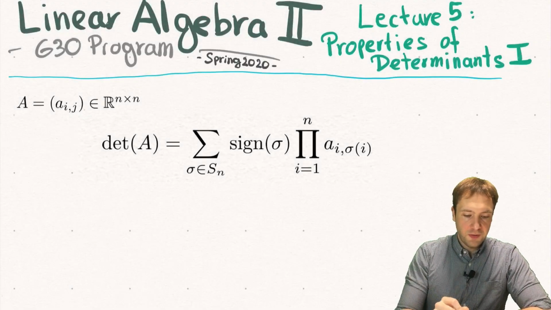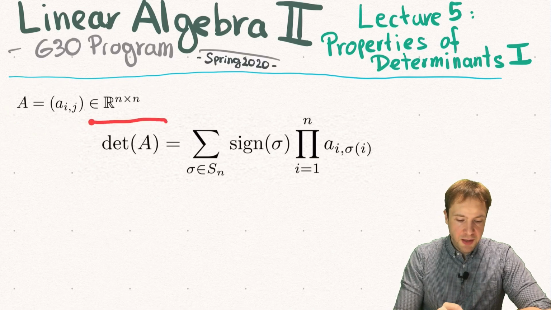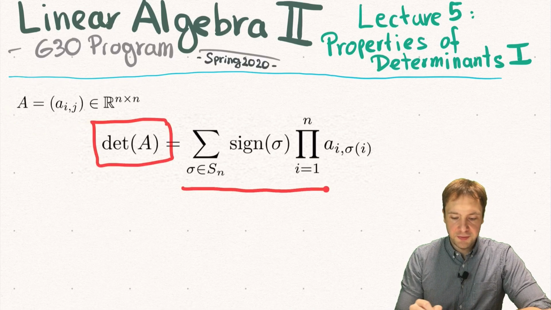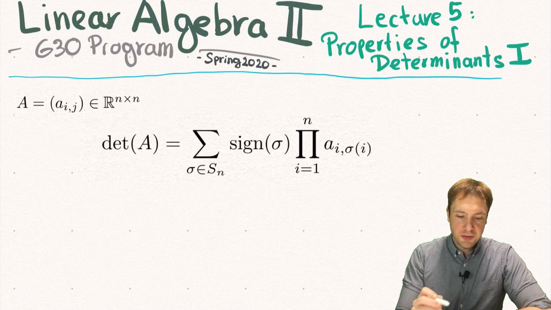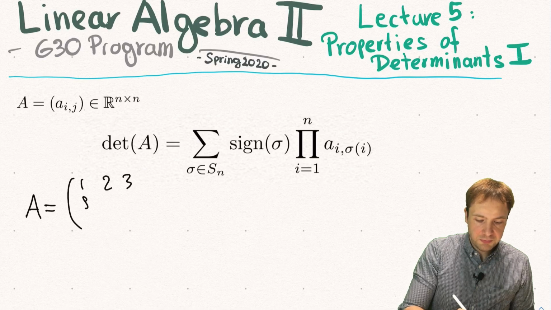Today we want to talk about the properties of determinants, which we introduced last time. Recall, if we had a square matrix, an n by n matrix A, then we defined the determinant as this sum here. And what this meant was that if we start with some matrix, for example this matrix here,